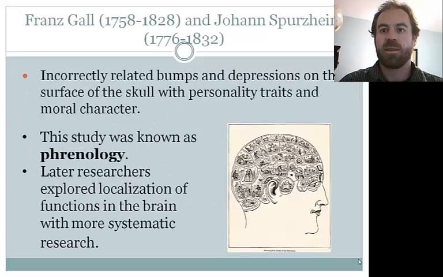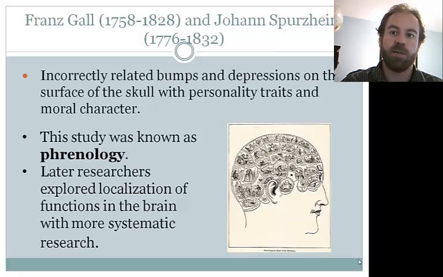So people have been speculating and arguing about the role of the brain and the nervous system for a very long time. Sometimes this argument has led to false conclusions that nevertheless gained considerable attention. Phrenology was just such a case. Franz Gall and Johann Spurzheim claimed that the contours of the skull reflected personality traits and moral character. Of course, when subjected to further scrutiny, the theory falls apart very quickly.